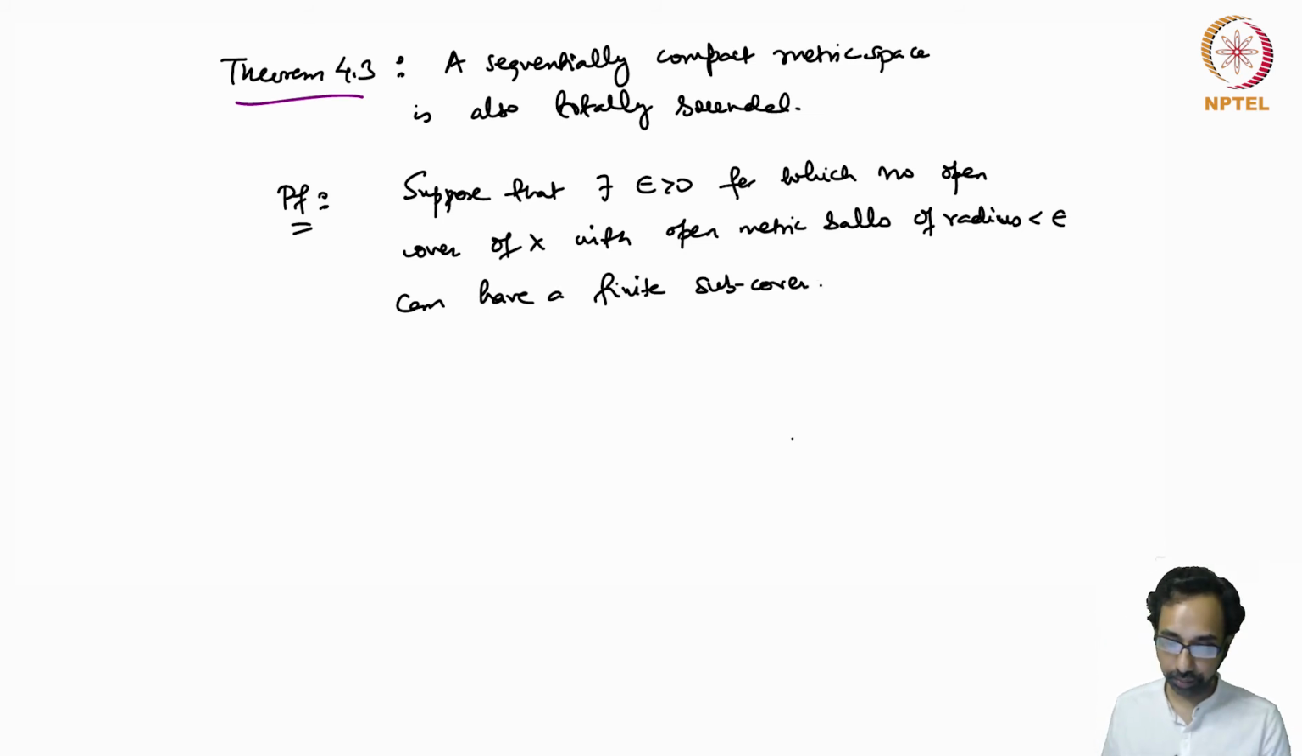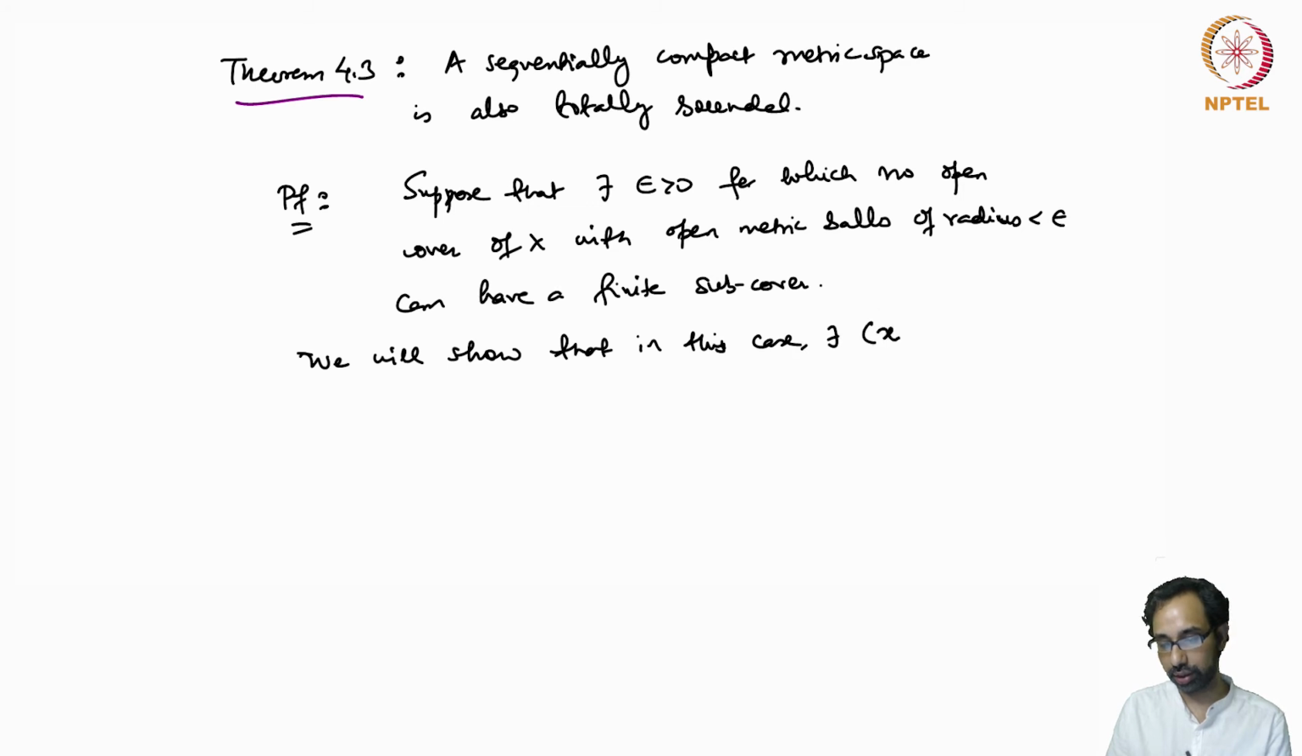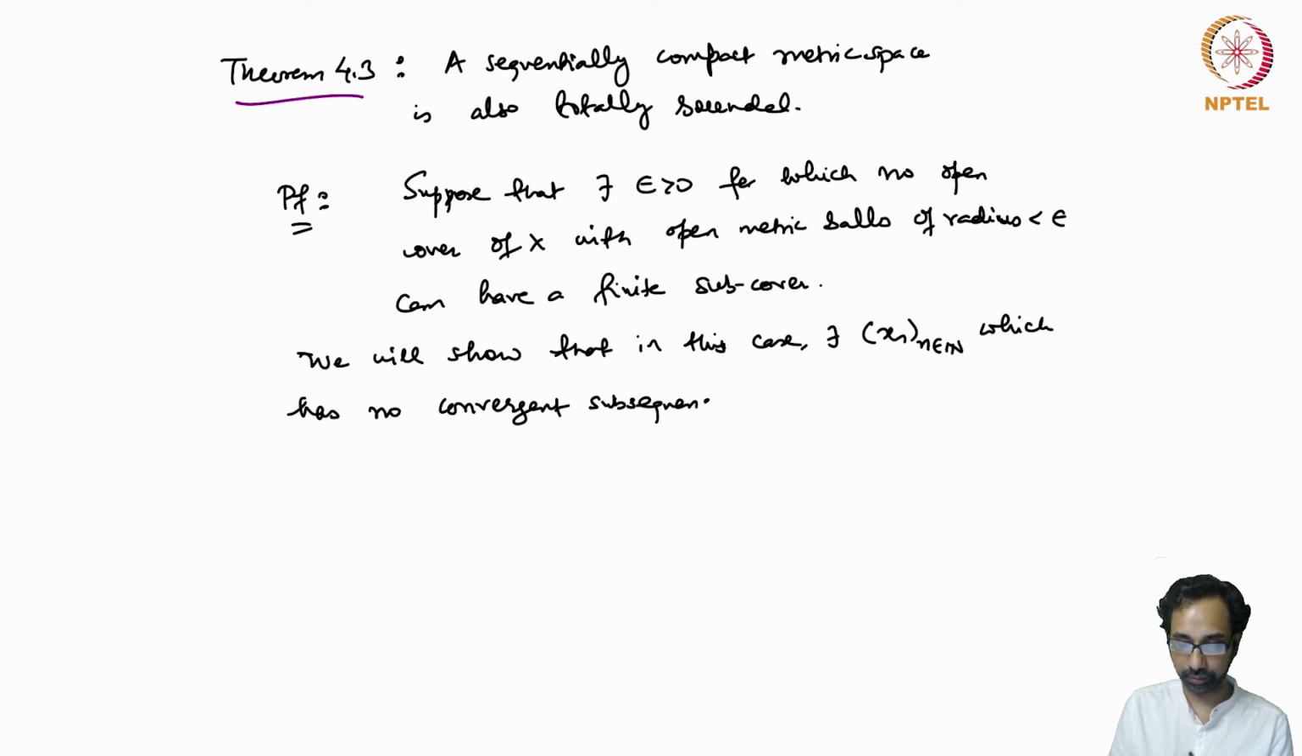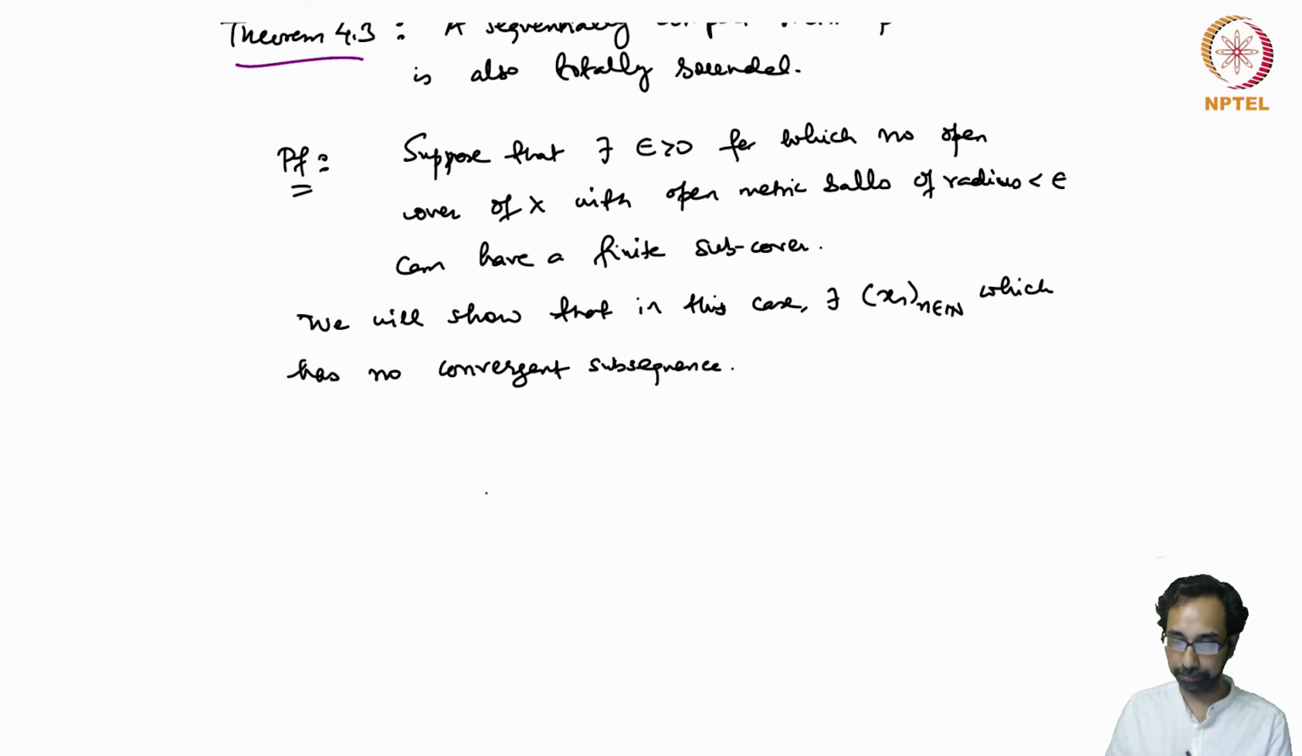So now we start by constructing a sequence. We will show that in this case there exists a sequence xn which has no convergent subsequence, and if we show that, in particular we will show that the sequence xn